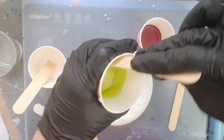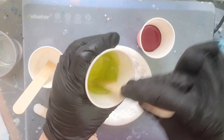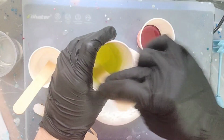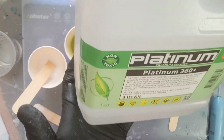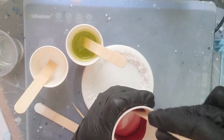So I have their link in my description for the actual recipe. But I am so excited. This is really a beautiful, beautiful flower. I am using the Platinum 360 Plus. It is a 2-to-1,